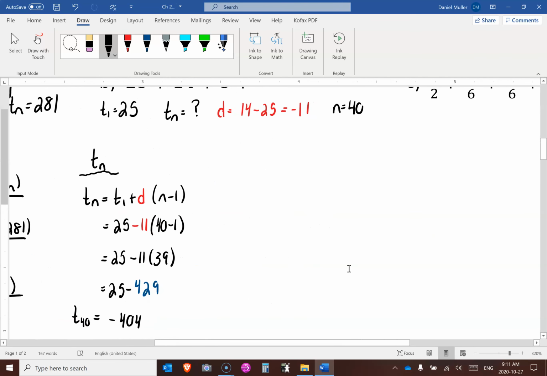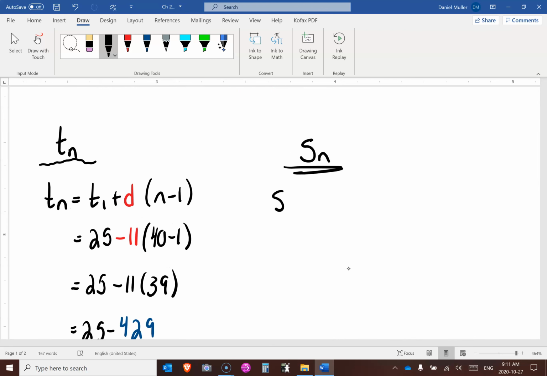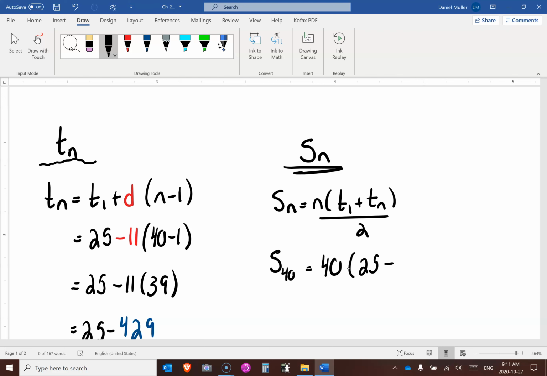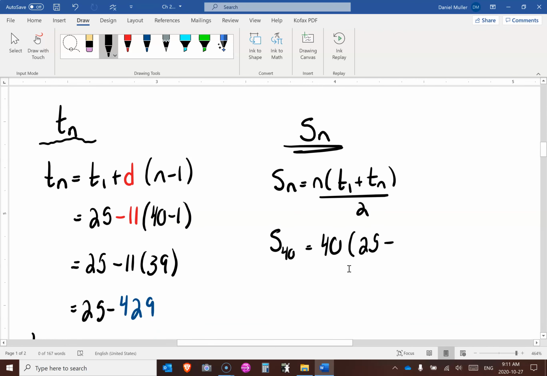So now that I found my last term, I could just use the first term and then the n, and I can find my sum. So Sn is equal to n times first term plus last term, cut in half. So S40 is 40 times first term, I don't even know, 25 plus, but I think it's a minus now. Isn't it a minus? Yeah, 404